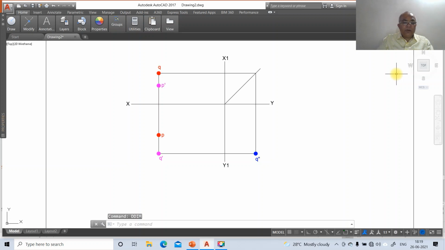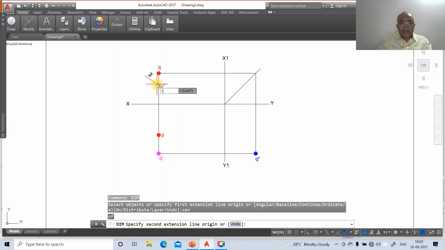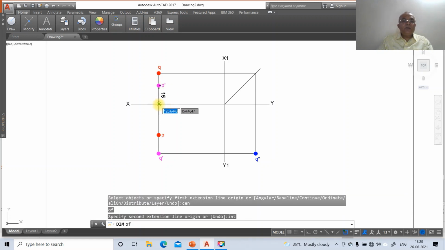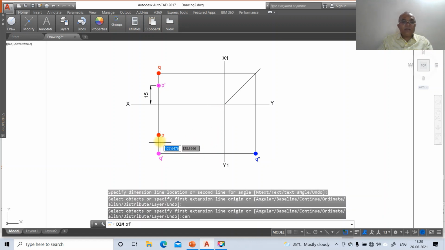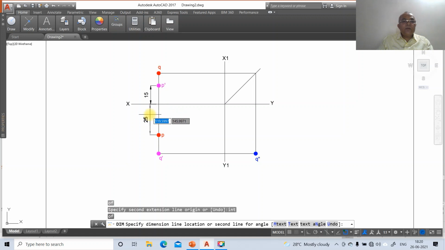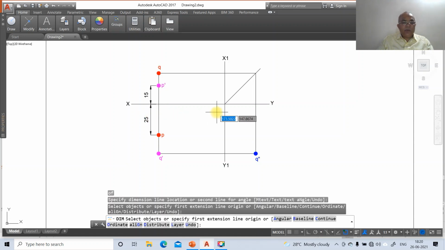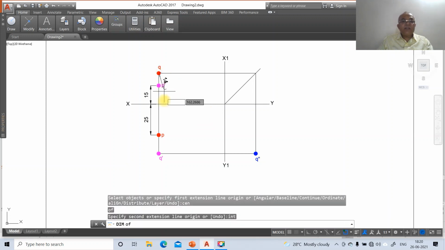Now we are going to do the dimensioning. So go to dimension, go to center of this and you take int of this. So you're going to get 15. Similarly, you take center of this and take int of this now. So the first point which is over now. Then again go to center of this and take int of this.